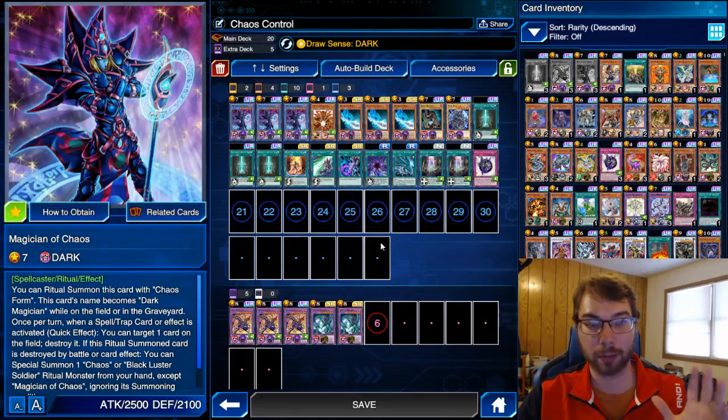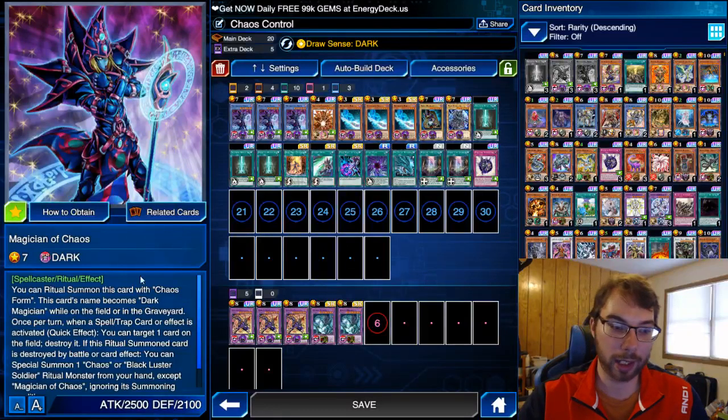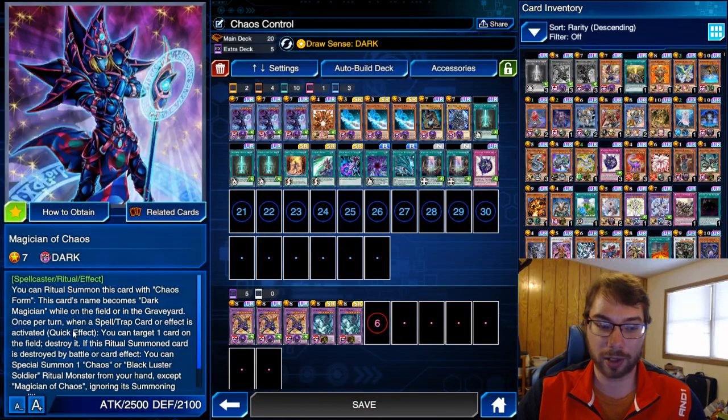So of course, the main boss monster of our new box is Magician of Chaos. This card is pretty awesome. You can ritual summon him with Chaos Form, which is another spell that we have. So pretty nice. And then this card's name becomes Dark Magician while on the field or in the graveyard, which